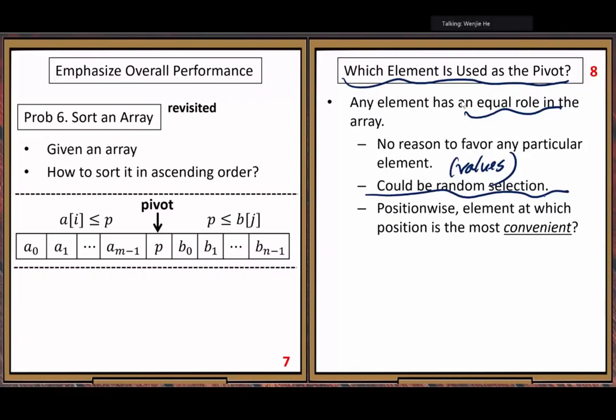But position-wise, it's different, right? The positions in the given array are quite different. You have a total of n different positions. Some positions are more convenient than other positions, right? So this time we need to understand the differences for the elements in different positions.